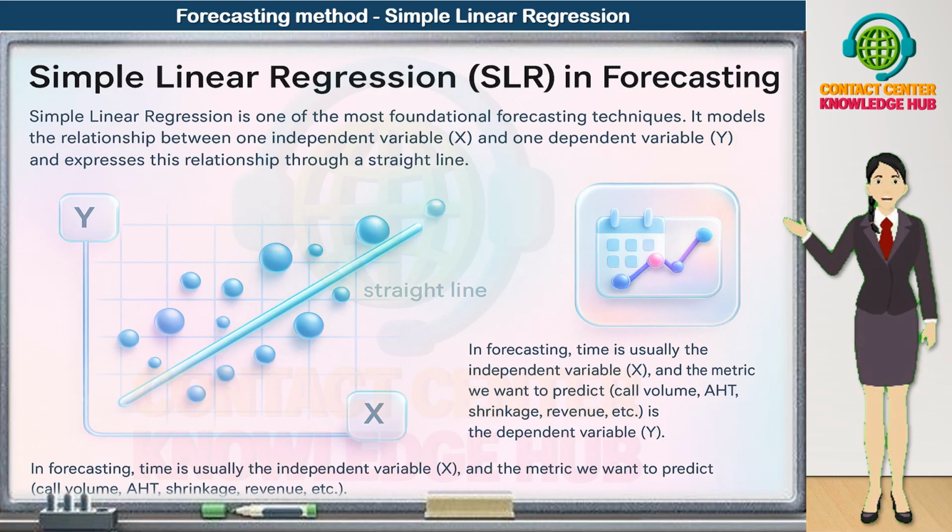In summary, simple linear regression connects time with the metric you're forecasting, using a clean, easy-to-understand linear pattern to project